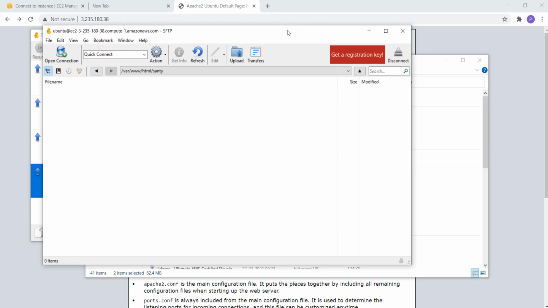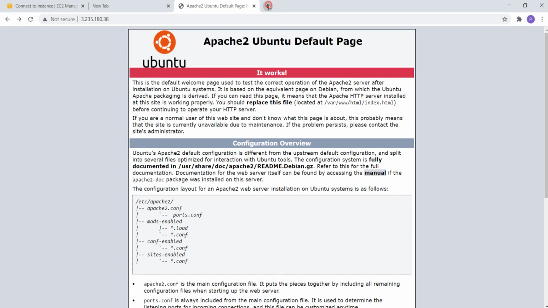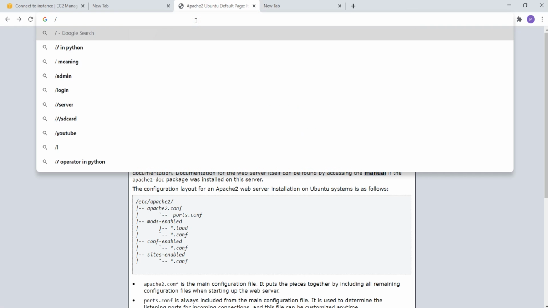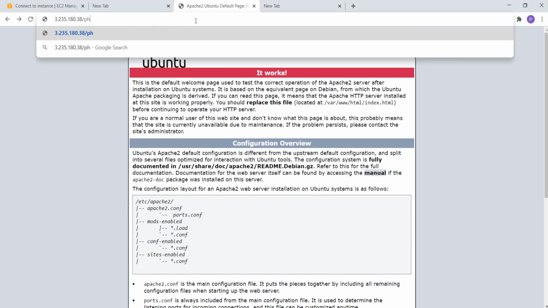So once it is uploaded, I'll just reconnect again. So if you see here, I have already uploaded a package. So now what I need to do is just go here and say /phpmyadmin.